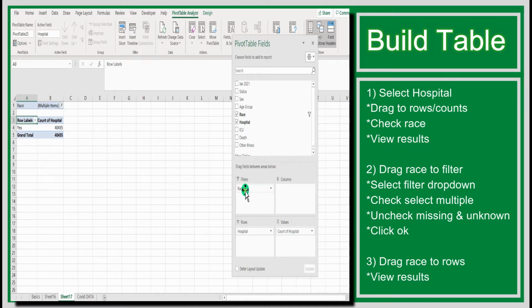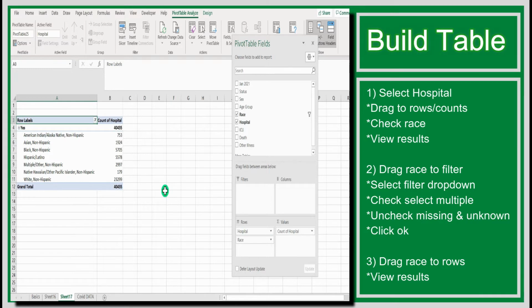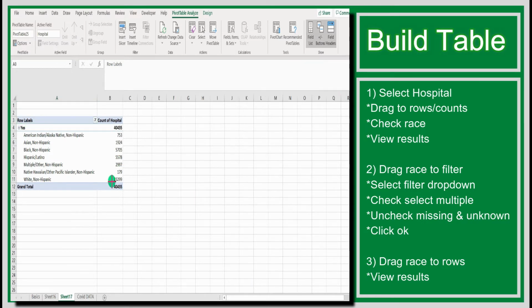And I'm going to go ahead and drag race back to my rows. And now let's take a look at our results. We are left with 40,435 records. Okay, so I won't go through each one individually, but what I would like to do next is